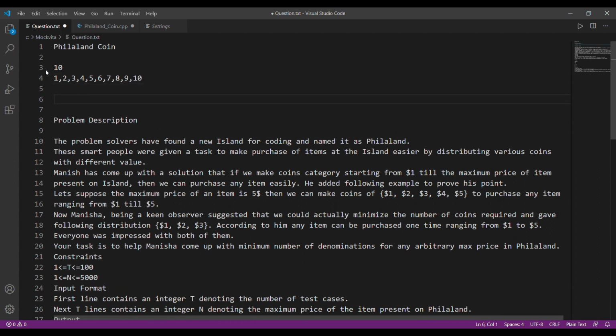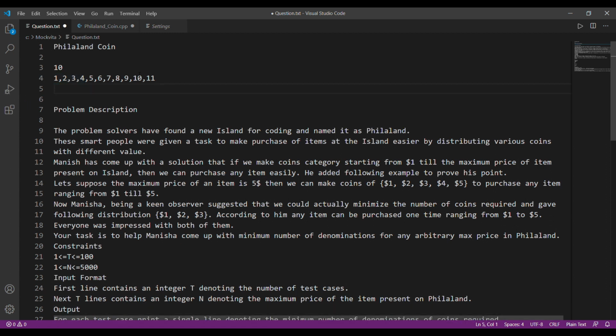As you know, with the help of 1, 2, 3 and 4 you can create the number 10. Now by this point you will find a certain pattern. You'll think that if the sum of these values is equal to or greater than this number, then you can easily create it. Because if you were asked to create numbers till 11, you know that this series would not suffice. So this was the actual trick of the question. This was the reason why they only gave us two test cases, 5 and 10.